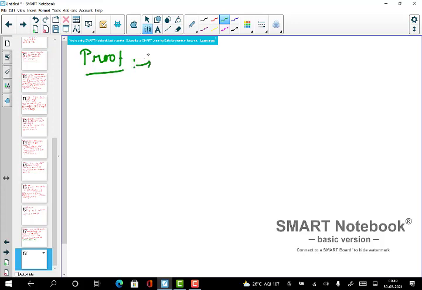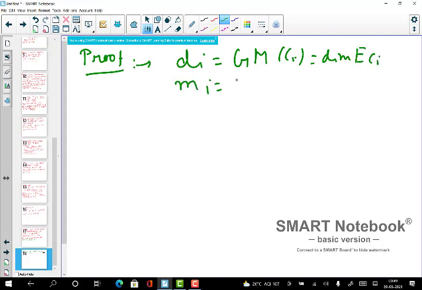So there are two ways. Okay, so you first need to suppose, let me write down, that my di's are the geometric multiplicity of ci. That means this is the dimension of E_ci, and mi's are the algebraic multiplicity of ci, that means the highest power of x minus ci which divides the characteristic polynomial. Okay. So with the help of these,